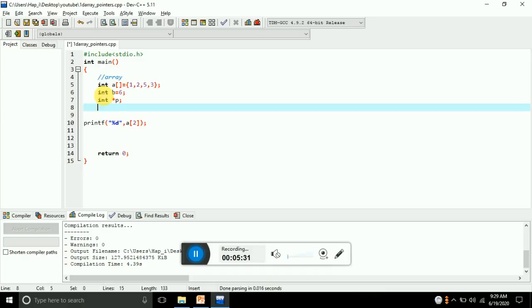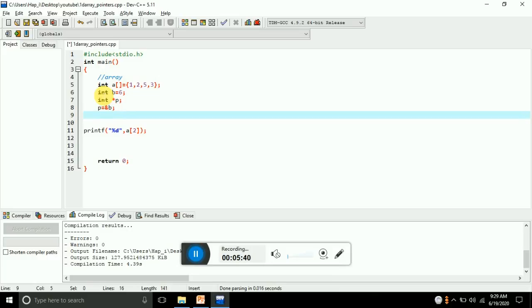So what will we do? p = &v. That's it. Let me print with printf, percentage d, then p. Let's simply print and preview what it shows.